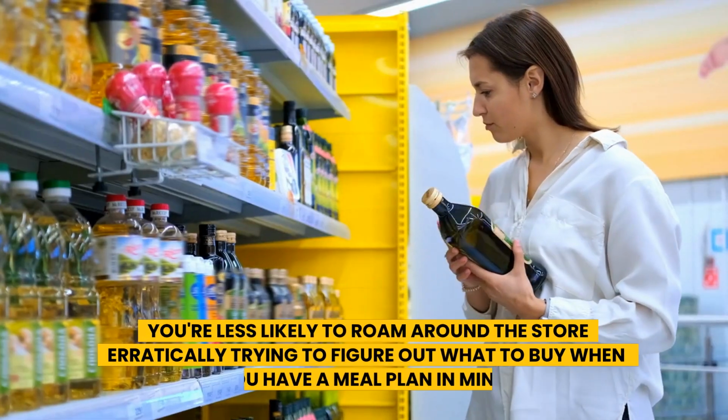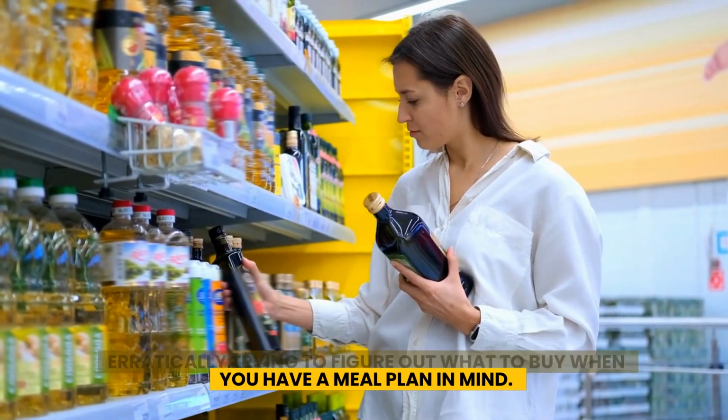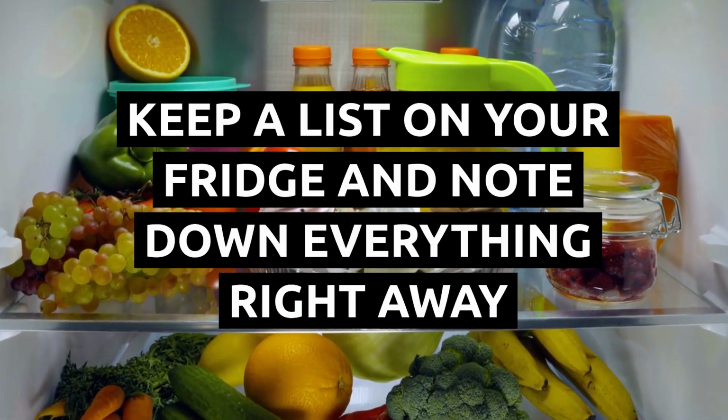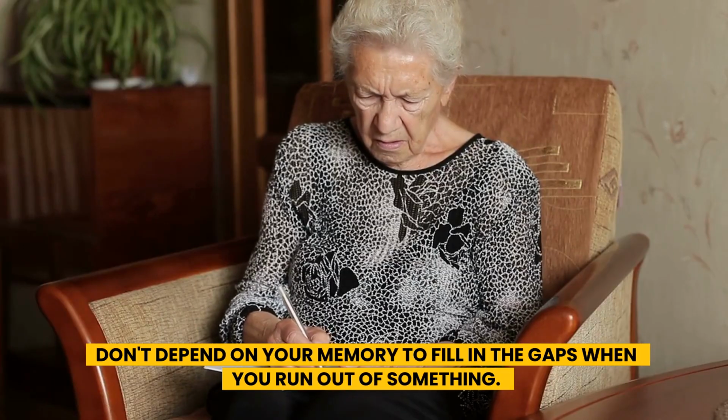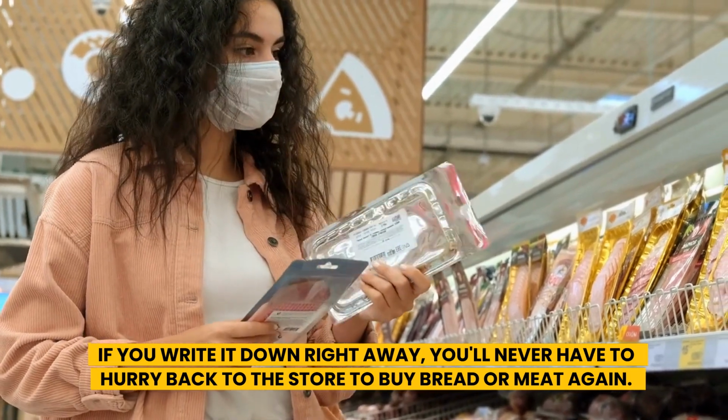You're less likely to roam around the store erratically trying to figure out what to buy when you have a meal plan in mind. Keep a list on your fridge and note down everything right away. Don't depend on your memory to fill in the gaps when you run out of something. If you write it down right away, you'll never have to hurry back to the store to buy bread or